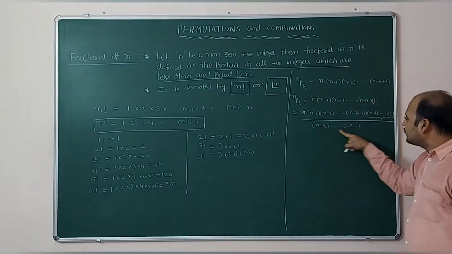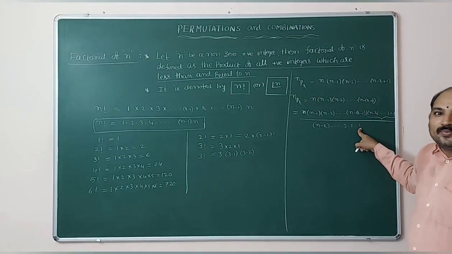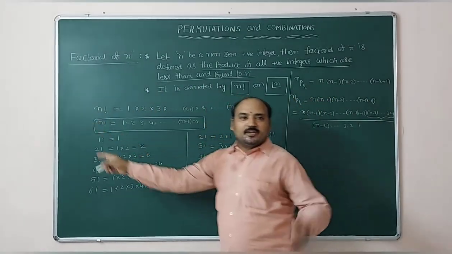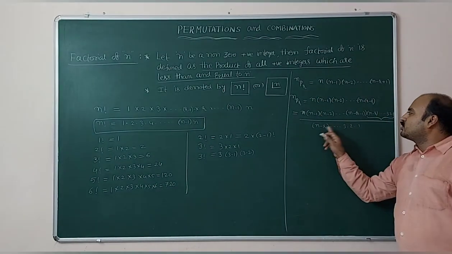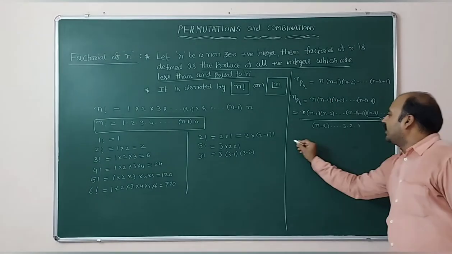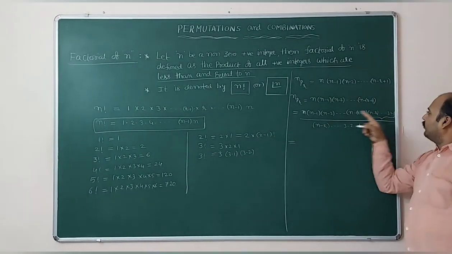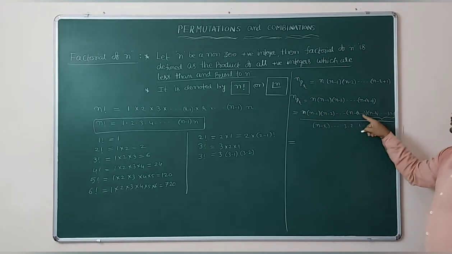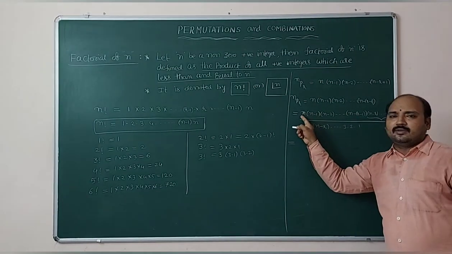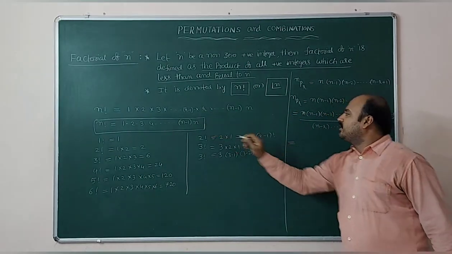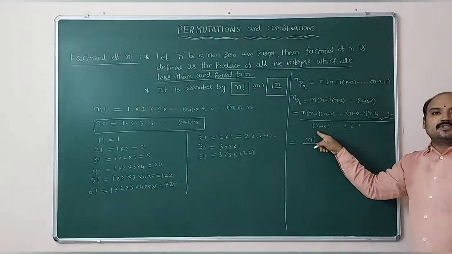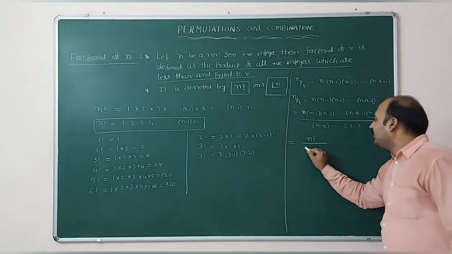The product of n minus r things means n minus r factorial only. No? So 1, 2, 3 and so on up to n, that means n factorial we are writing. In the same way, 1, 2, 3 and so on up to n minus r things, that means the product of n minus r things. So the denominator we can write like this, and the numerator also: n, n minus 1, n minus 2 and so on, 3, 2, 1. That means the product of n terms only, no? 1, 2, 3 and so on up to n. So the product of n terms will become n factorial divided by 1, 2, 3 and so on up to n minus r terms. The product of the first n minus r terms means n minus r factorial.